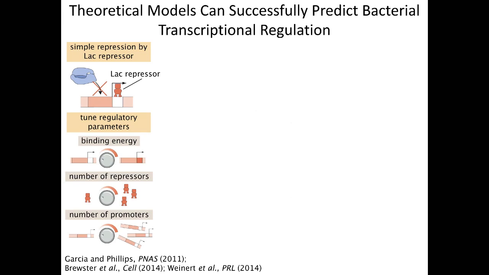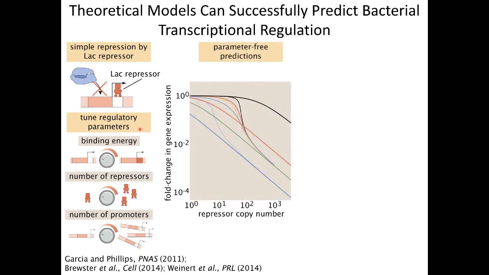Okay. So here, this is an example unrelated to flies. This is from bacteria. This is the lac operon, where I'm going to show you some work from my PhD, where we looked at how lac repressor represses polymerase, so it doesn't allow polymerase to bind to the DNA. And in this context, you can think of different regulatory knobs that you could tune to test your models, such as the binding energy of repressor to the DNA, the number of repressors, and the number of promoters. And you can imagine it's not the same to have 100 repressors and 1 promoter than to have 1 repressor and 100 promoters. Here, I'm showing you the gene expression as a function of the number of repressors, as predicted by our theory, as you tune these different regulatory knobs.